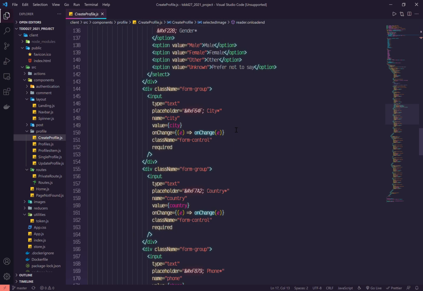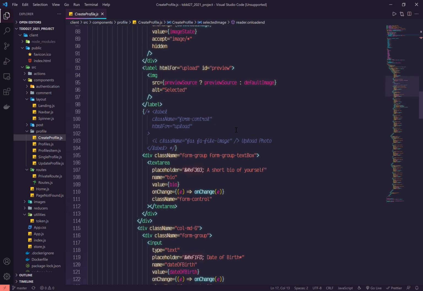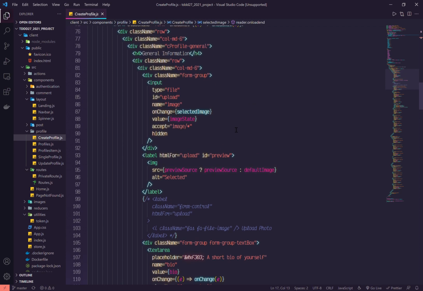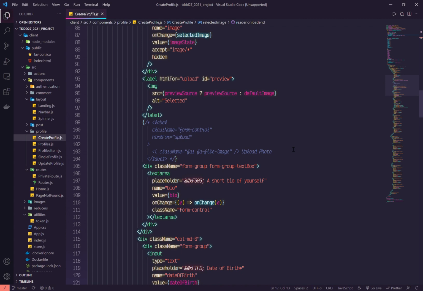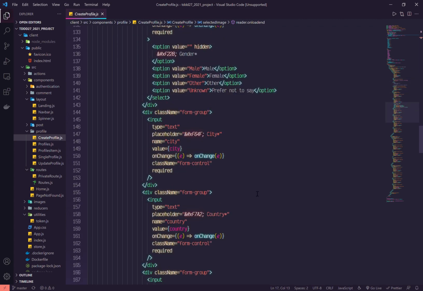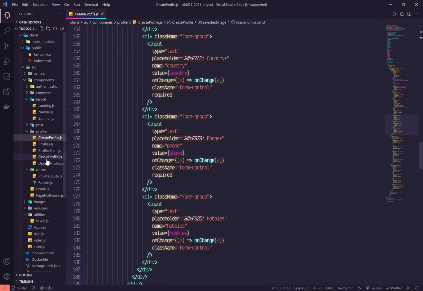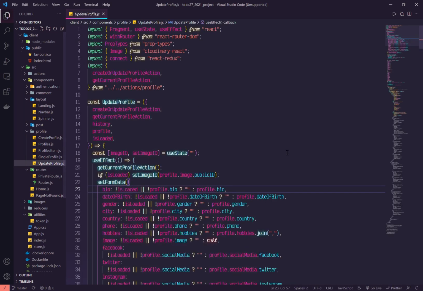Yeah, we have actually hidden the actual ugly button for uploading, and we can just click on the image to select it. We also show the default image. Yeah, simple markup, right? Similarly, in update profile,